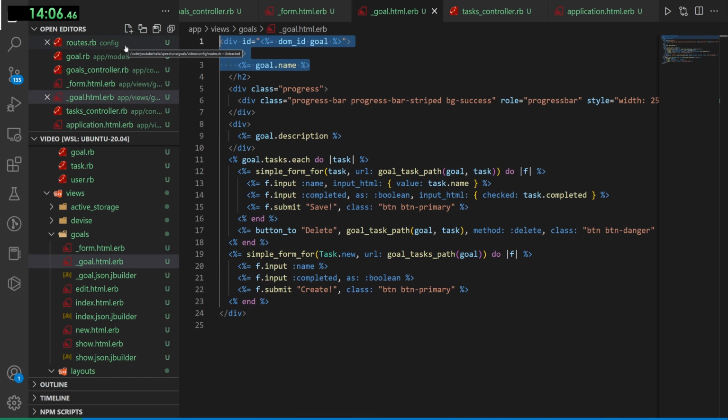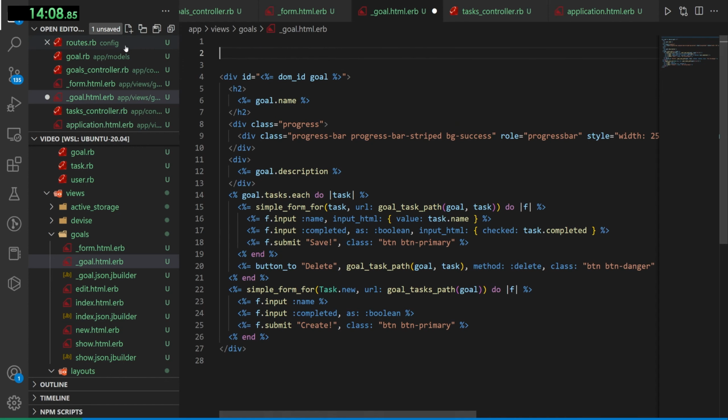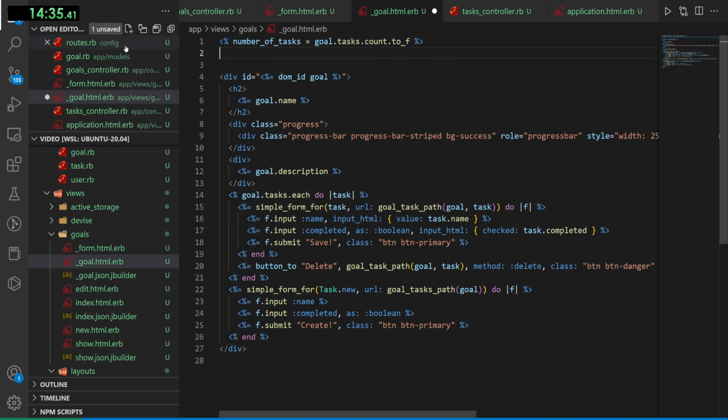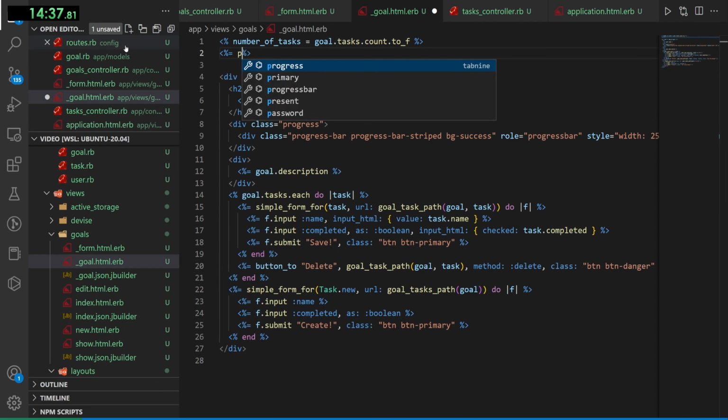I'm going to ask everyone to please look away as I write some of the worst code I've probably ever written on this channel. We need to calculate that value, and this is a speedrun, so we're just going to go ahead and do some weird stuff. The number of tasks in this goal is equal to goal.task.count.2f. The reason we're casting this 2f is because we're going to be doing a progress percentage,